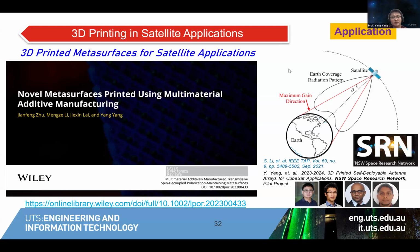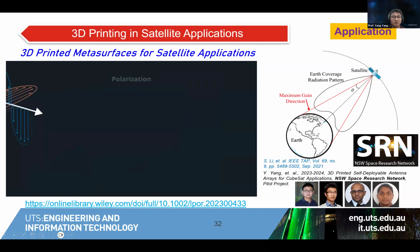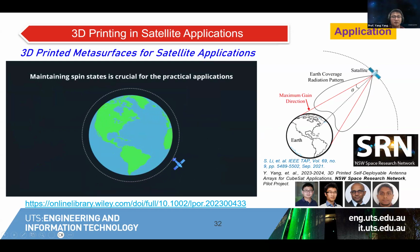Metasurfaces are two-dimensional materials that have attracted significant research interest in recent years owing to their unique ability to control electromagnetic waves. They consist of arrays of meta-atoms, or artificial structures smaller than the wavelength, arranged in a precise pattern on a flat surface to modulate the phase of electromagnetic waves. Conventional Pacharatnam-Berry methods often alter the spin of waves, a property linked to polarization or the orientation of electric and magnetic fields constituting a wave. Maintaining spin states is, however, crucial for their practical applications, such as those in satellite communications for transmitting and receiving